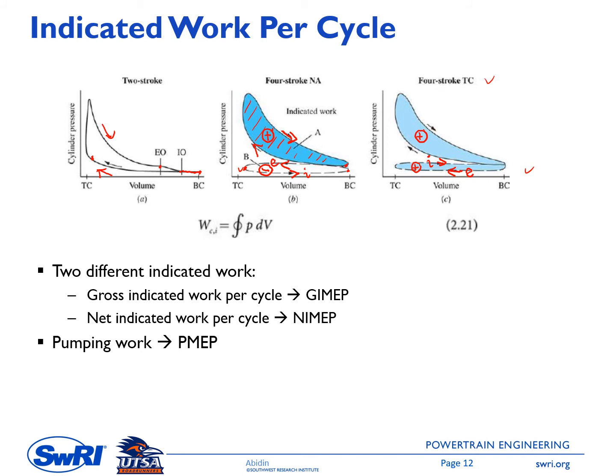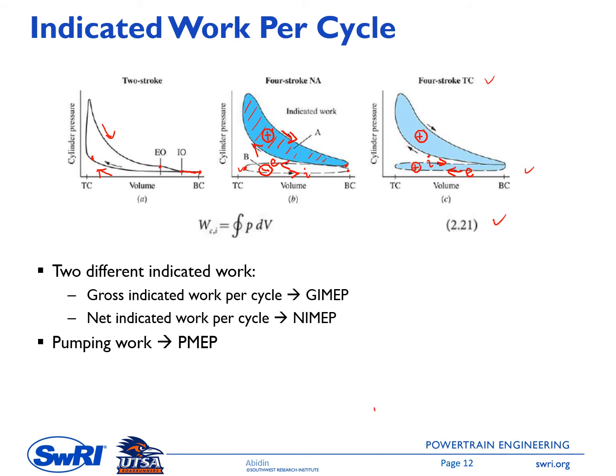Why is it called indicated? Because this work used to be measured directly from an engine indicator. If we integrate this PV diagram from the starting point to the end, which is back again at the initial point because it's a cycle process,